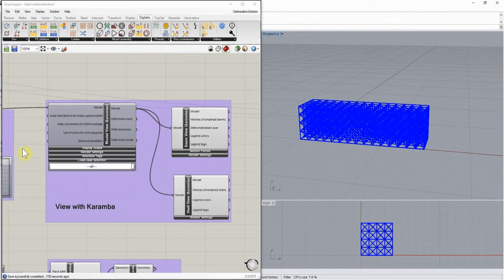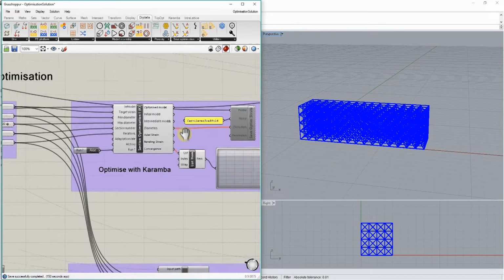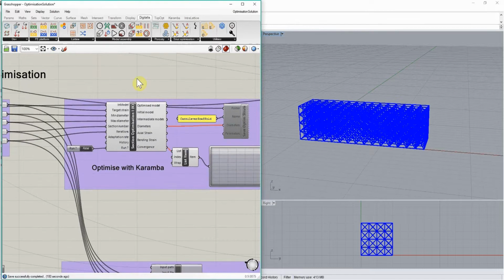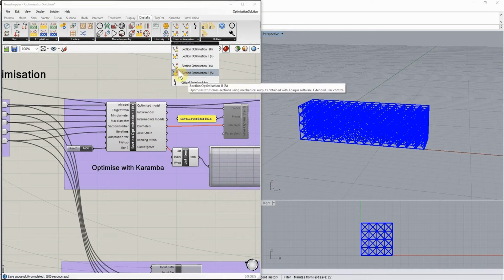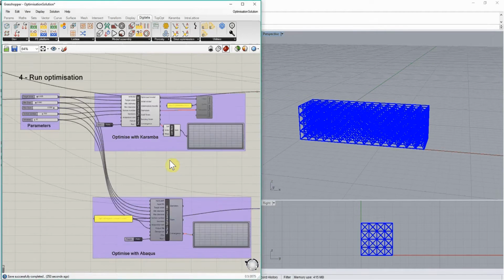Now let's move to the optimization components. The optimization components are stored within the strut optimization panel. There are 4 components, 2 with Caramba, 2 with Abaqus, which run very similar optimization algorithms. In this tutorial, we'll demonstrate using the Caramba-based components, but it's possible to run the same optimization using the Abaqus-based